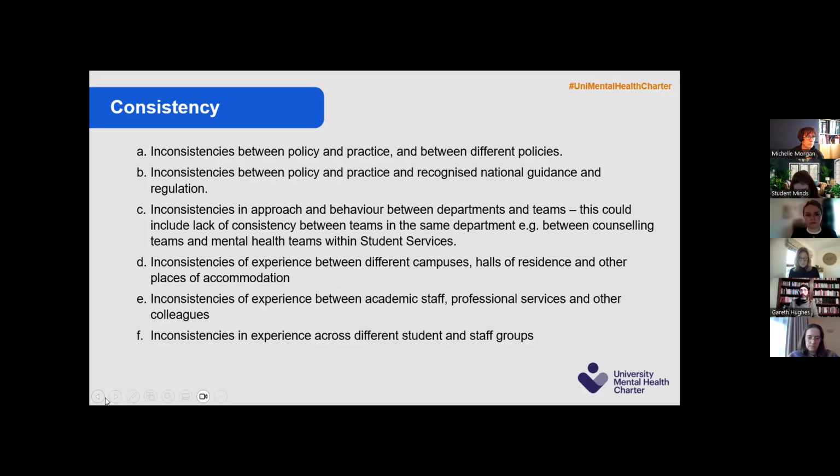It's unlikely we'll ever get to a point where everything is consistent, and we don't want every bit of every university doing things the same, because again, we also want people to be thinking about their context. What's right for art students is not going to be what's right for business students. But it's about that consistency of experience and consistency of overall thought and principle that really matters.